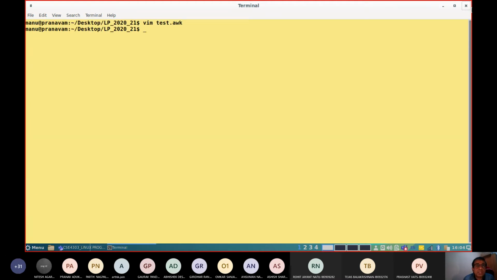The program is in test.awk. Now I can execute this code with this particular option, awk -f, then delimiter. Then note this small f, that is a file name, the input file name where the code is stored.